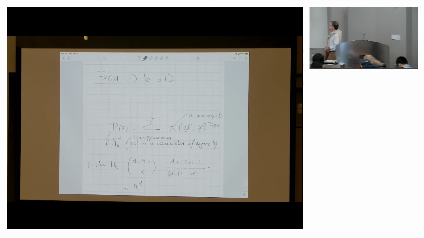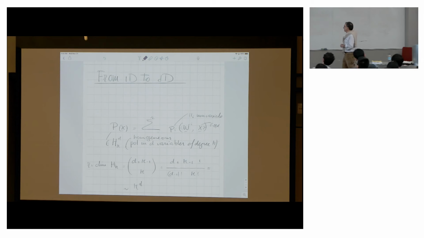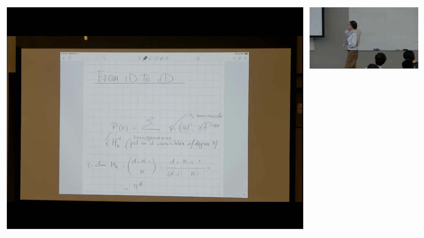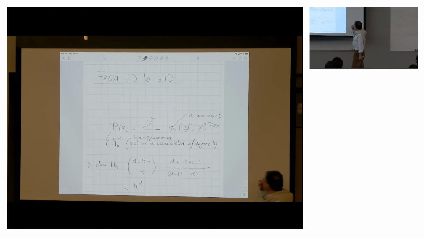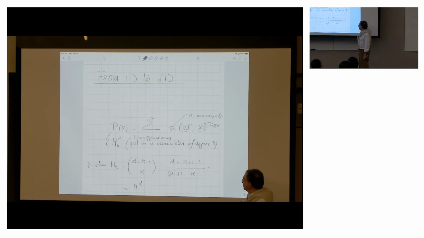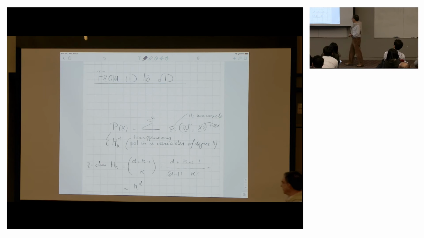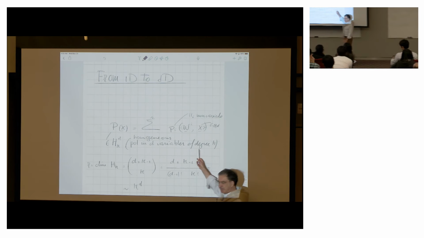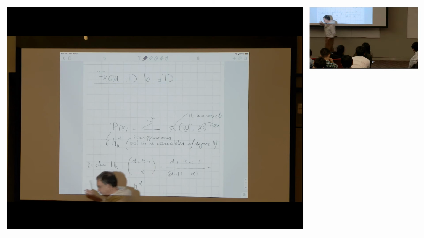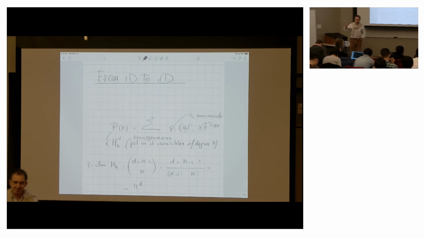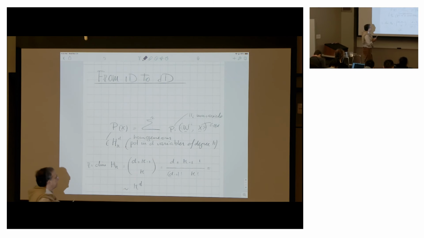Okay, now we have to go from 1D to many Ds. And here, the observation is, it's really a statement. There is a proof in some footnotes of some papers, but it's something relatively simple to